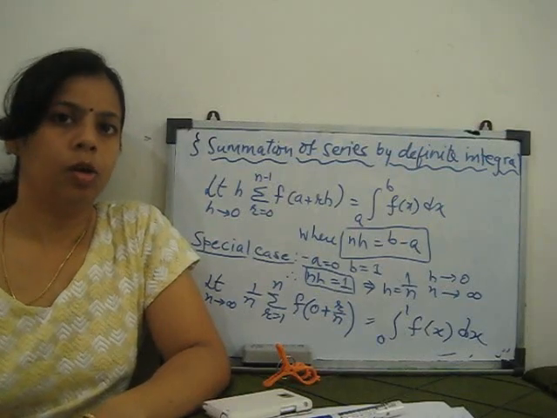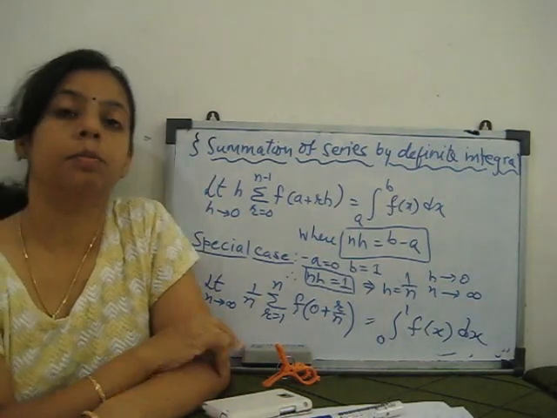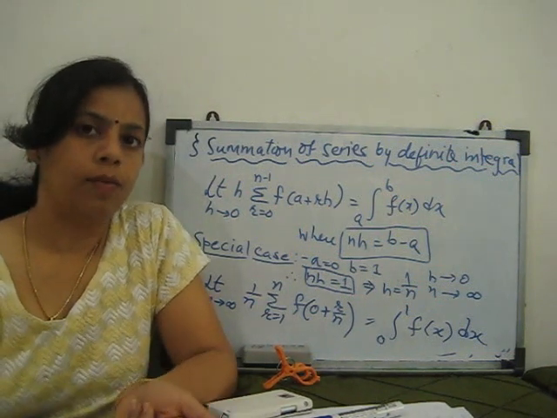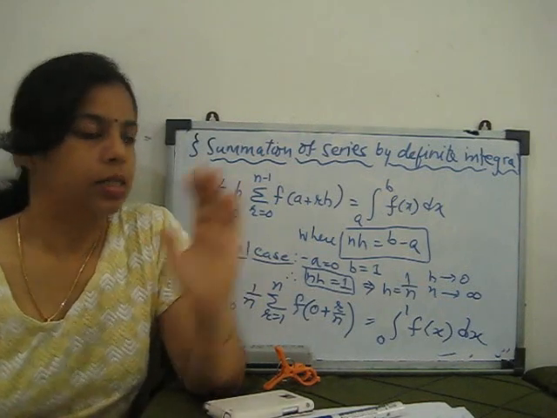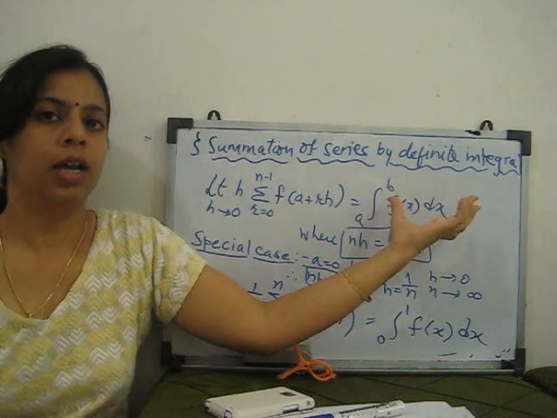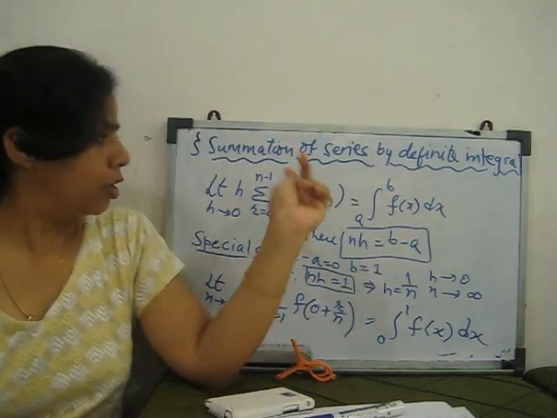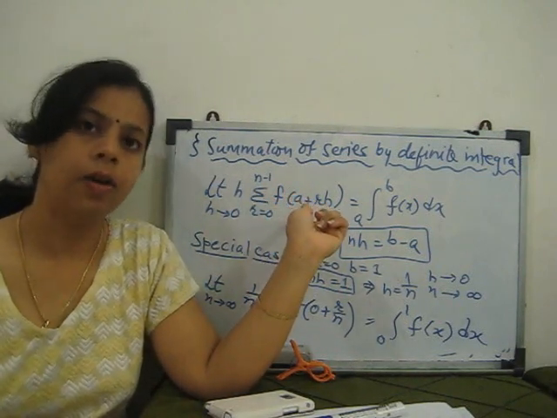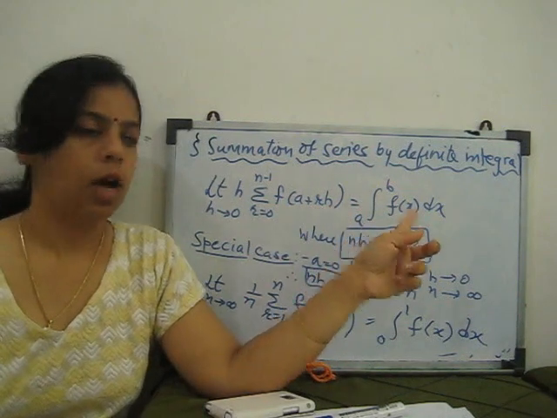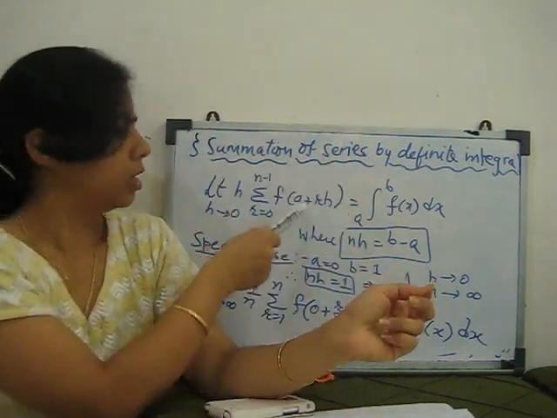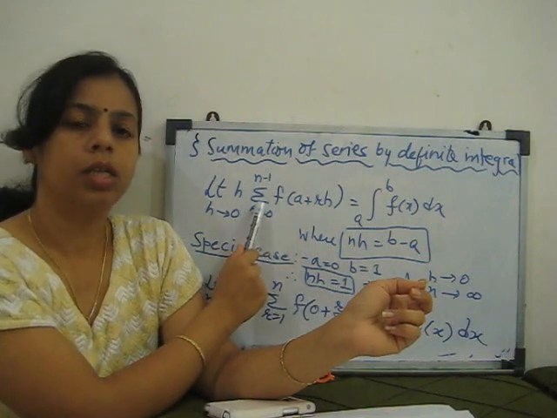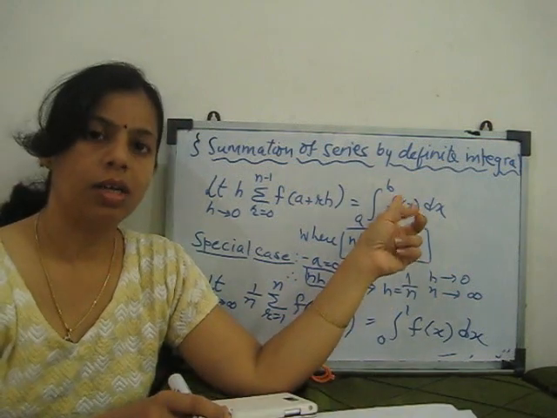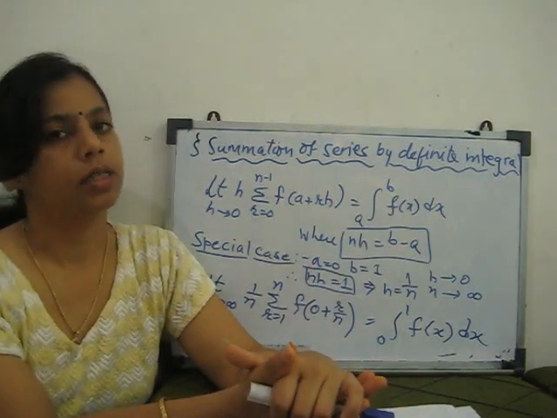And welcome to our new video where we discuss the summation of series by definite integral. In my previous video you saw how to solve a definite integral as a limit of sum. Just the reverse of this, we have one definite integral and we convert that definite integral into a series, and then with the help of summation of series we can solve that question. Now just reverse: we have a given series, a 0 to n term series, and we convert that series into a definite integral with upper and lower limit, and we integrate that integral, we will get the solution.